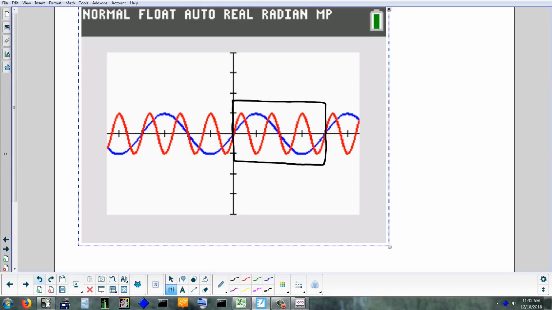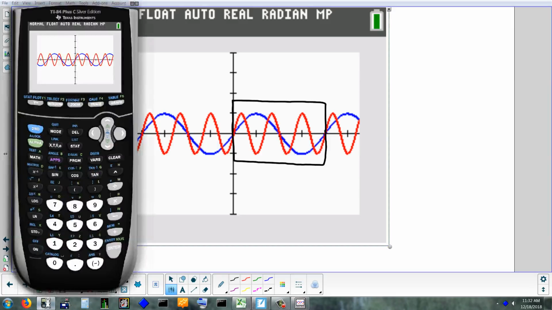Right? So for every 1 cycle in blue, you're getting 3 in red. If I had put a 10 in front of the x instead of a 3, I would be getting 10 cycles in the red for every 1 in blue. Now if I change it and I do something like